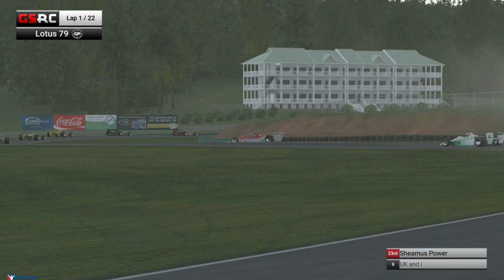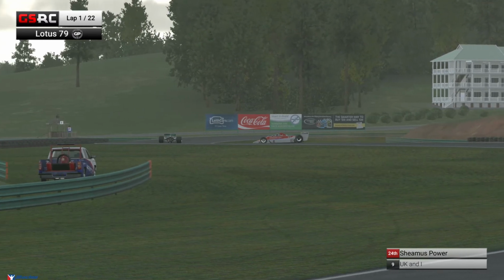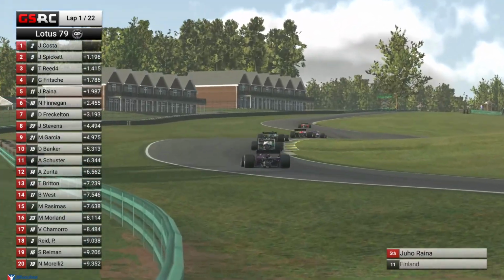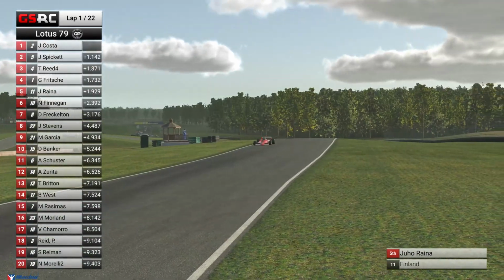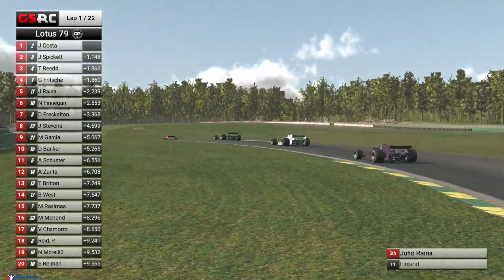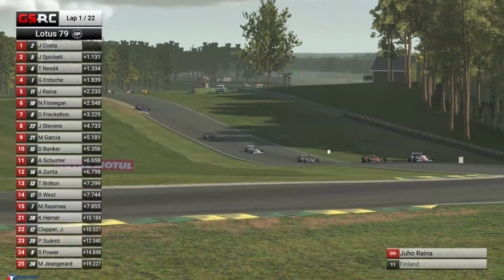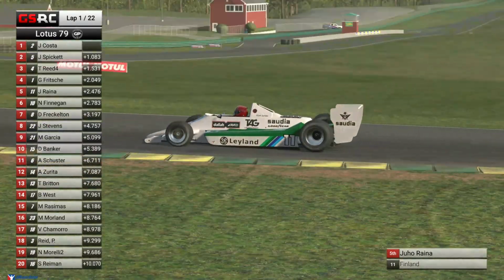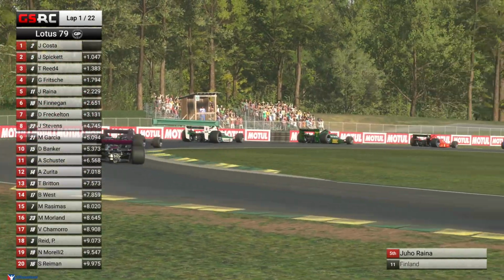Unfortunately, I think it was Sam Ryman who was initially turned around on that first incident, with Seamus Power trundling back onto the track now down in 24th. Jean Girard still kind of finding his way to the pack, but it was a messy start here at VIR, and they're already to Oak Tree, getting into the sunshine and out of the clouds, with Costa leaving Spickett and